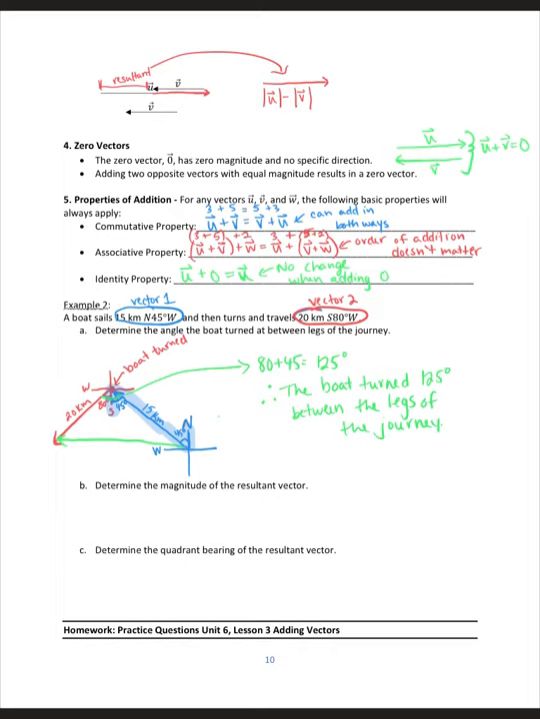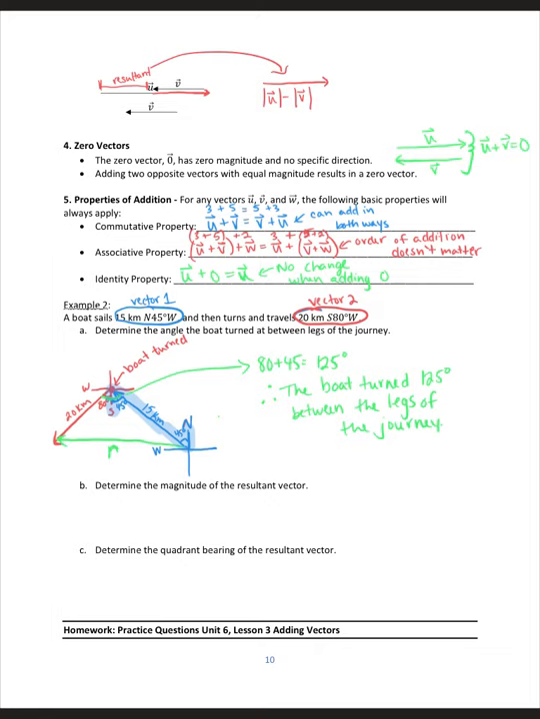Okay, it says determine the magnitude of the resultant vector. So now we need to figure out what our resultant is, right? That's the vector connecting the start of our first vector to the head of our second vector. So we have to think about trig, right? What do we have here in terms of trig? Well, if I look at the triangle I've created here,